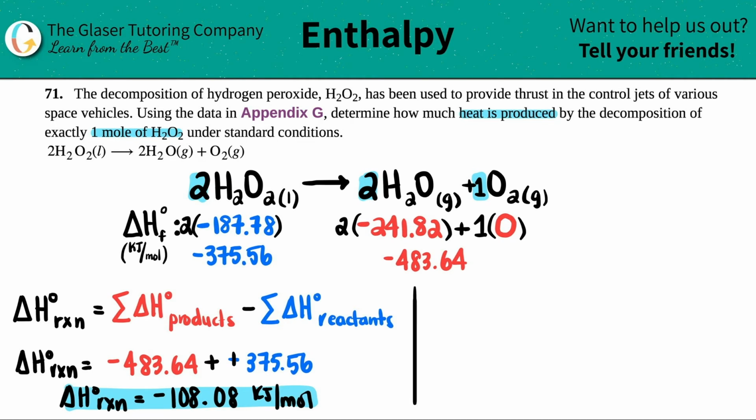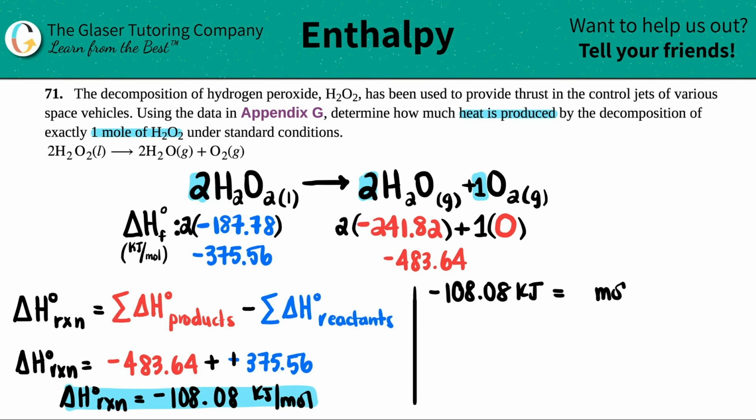Okay, so we wanted to know how much heat is produced by exactly 1 mole of H2O2. Now, if we take this number, this is like a conversion factor. I have 2 units. I have a kilojoule and I have a mole. So I can say that for every 108.08 kilojoules that is being released, the negative means released, this will equal